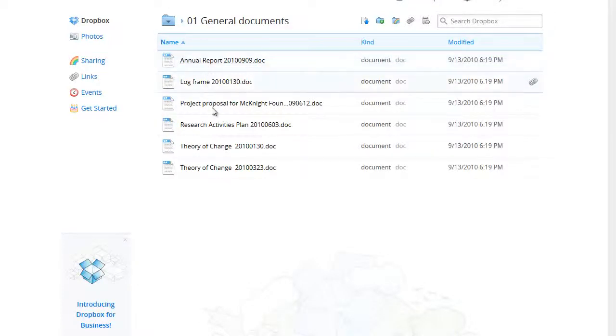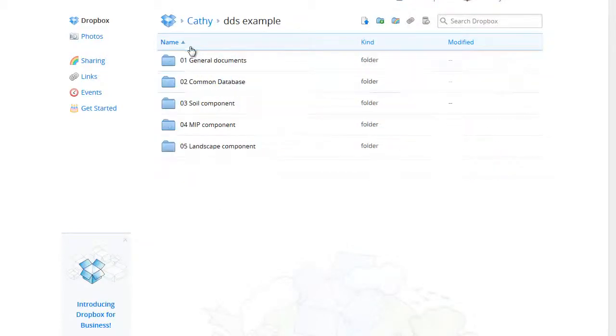The General Documents folder contains the project proposal, the log frame, theory of change, reports, etc. These are all documents for the project as a whole. The folders for the research areas each contain subfolders, and where there are elements expected from each research area, we have included subfolders with the same names.